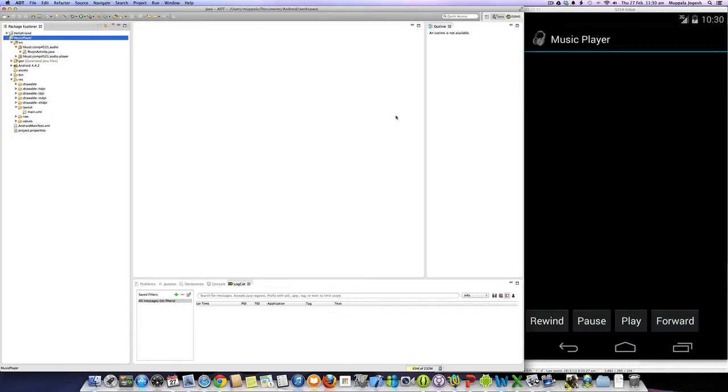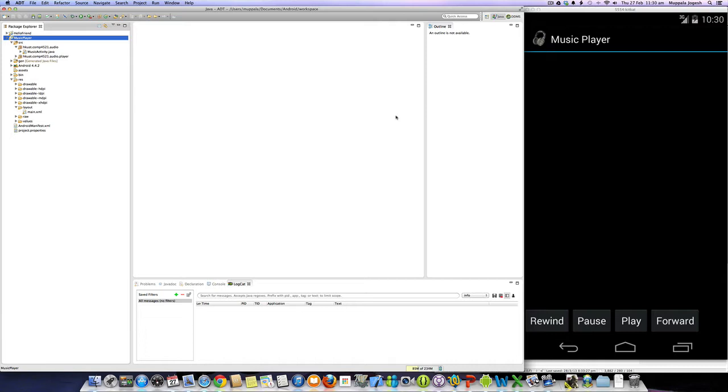Okay, let's go back to the MusicPlayer app that we created in the previous lab exercise. And you can see that being shown in the emulator on the right here. Now, when you look at the user interface of this MusicPlayer, it is fairly simple. It, of course, does the playback of the songs as we intended it to do, but the user interface looks